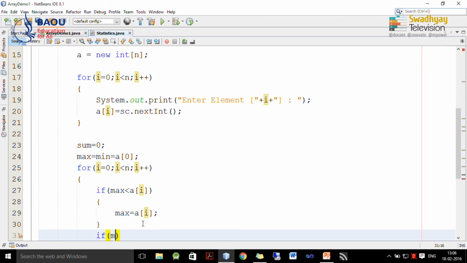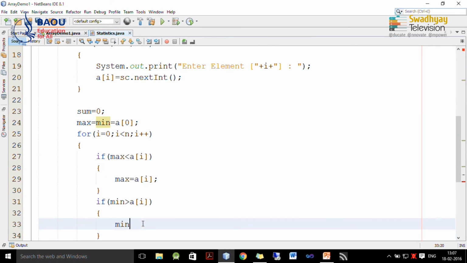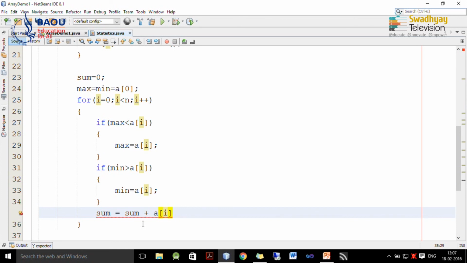Similarly, if any element which is less than minimum is found, we are going to store this value inside minimum. So, here I write down minimum is equal to a[i], if it is less than minimum, and every time we want to add the element to sum to find its sum.